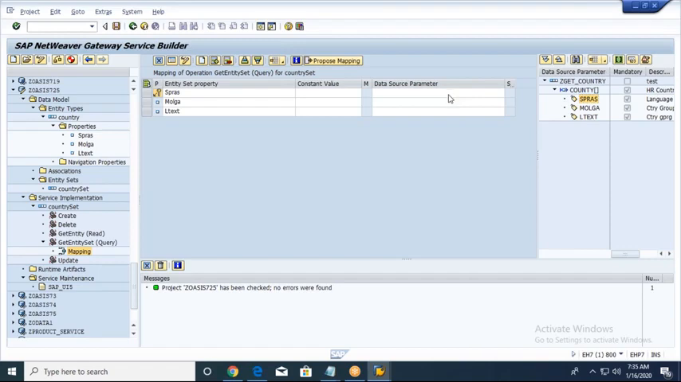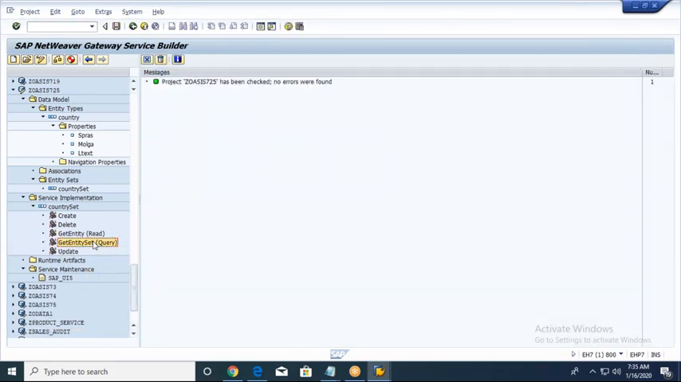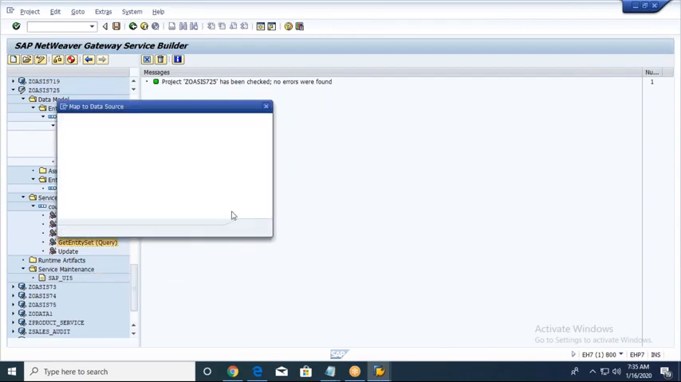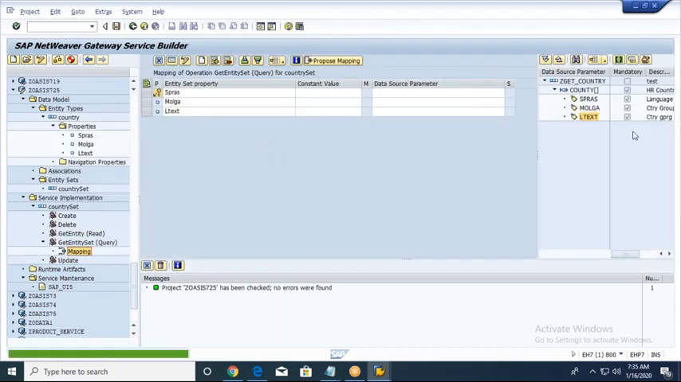You can map one by one like this. That is one thing. Or else, if you have done some mistake or done something wrong and you want to revert back, then you just right click this mapping and delete. Everything will be deleted. Now you can again right click, map to data source, and give your remote function call and give your RFC name. So we understood we can map one by one like this,